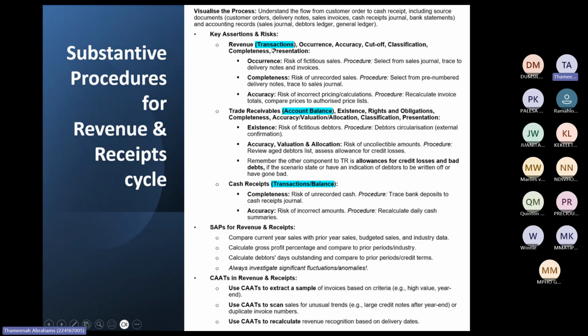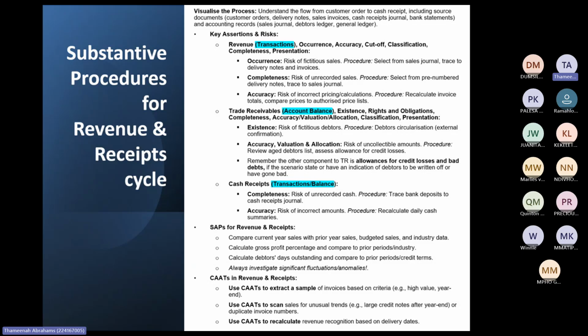But for revenue, it's a transaction. So these are the assertions relating to transactions. Where there's always an issue or a risk is, we always have this presumption that companies might overstate or want fictitious sales. And remember, the scenario must prelude you that there might be a possibility of overstatement. So whenever you see maybe executive directors are going to get a bonus based on revenue, then of course they would rather want to overstate revenue than understate. So then there'll be a risk in there that there'll be fictitious sales or fake sales.